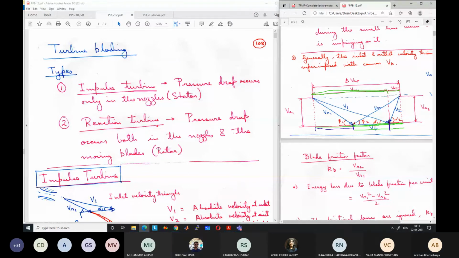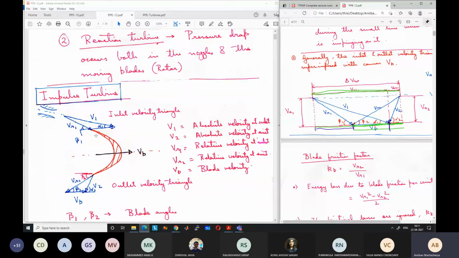We will discuss later also what the shape of the blade is. For an impulse turbine, like what we are discussing right now, the passage area between two blades should remain constant, so that the flow between the blades does not act like a nozzle. The flow area does not act like a nozzle for the moving blades. The passage area remains constant. That's why VR2 is equal to VR1 when there are no frictional losses.